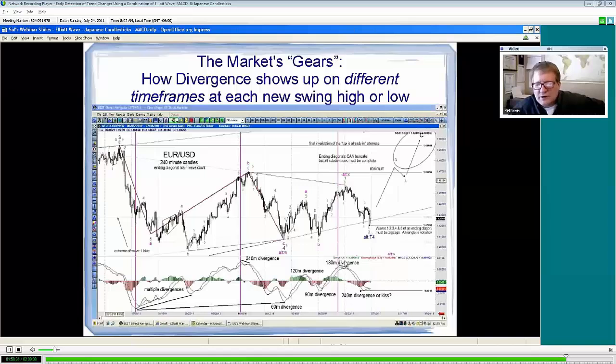It really shows up better, much more defined, on a 180-minute chart on that top. Whereas this top here, you have to be on a 120-minute chart to find divergence between this top and this top. And down here, between this last little move down, you'd have to be on a 90-minute chart to see that, and so on and so forth. And that's not knowing that this is going to be a triangle or a WXY correction,